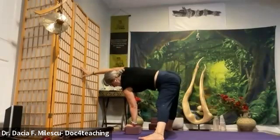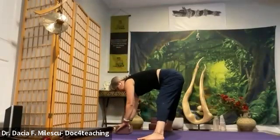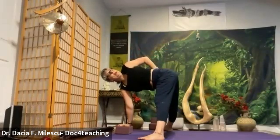Good, release, and now go back to the other side, so center the right hand, turn to the left, left hand up, bend this left elbow, take the left hand behind the back, draw the left shoulder towards the back wall,